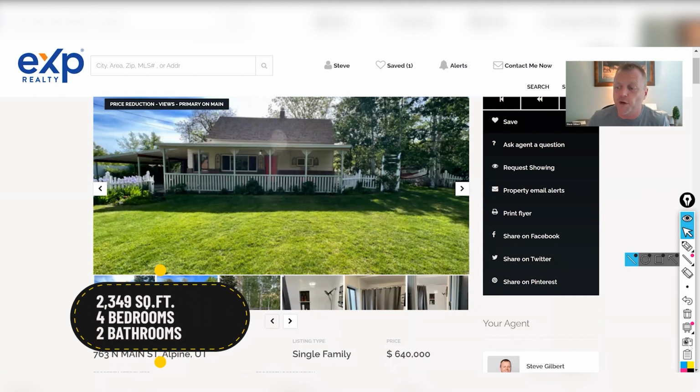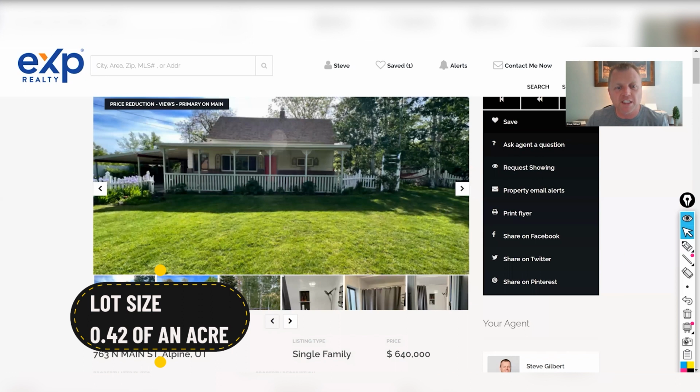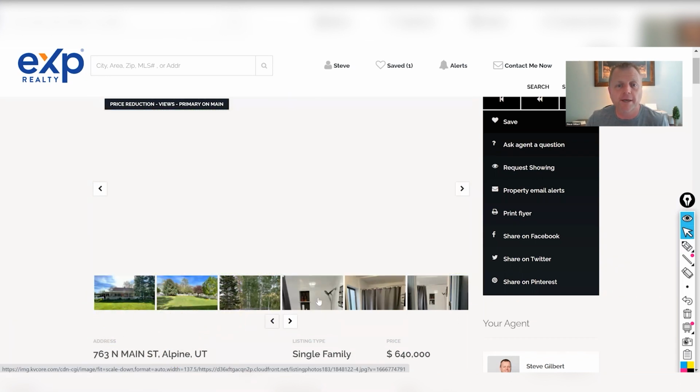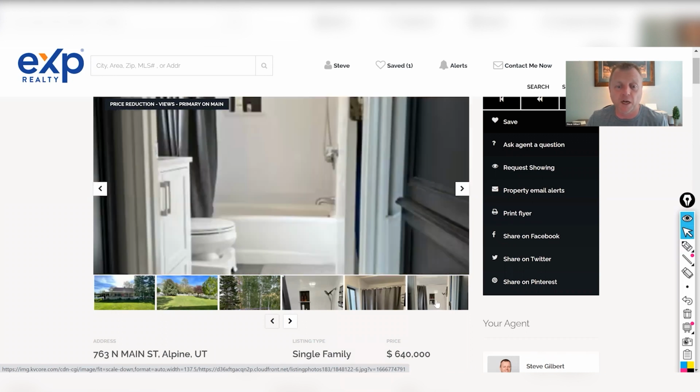We have 2,349 square feet, and it's a 4-bedroom, 2-bath home, and the lot size is 0.42 of an acre. So you can see a lot smaller home. It does sit on a large lot. We're close to half of an acre here. This listing doesn't have the best pictures here, but for $640,000, this is what you're looking at in the Alpine